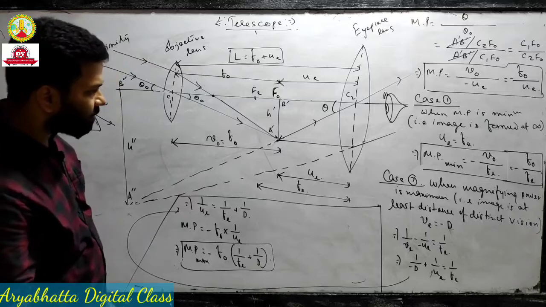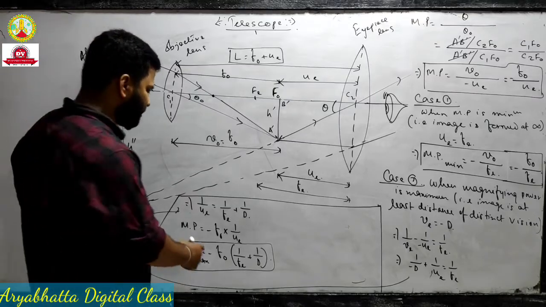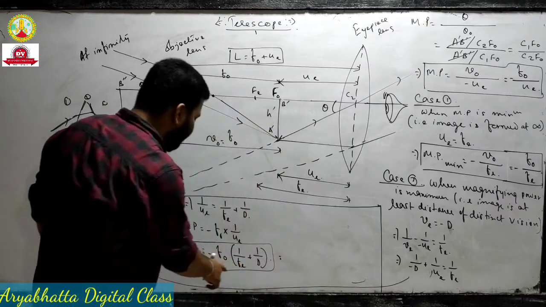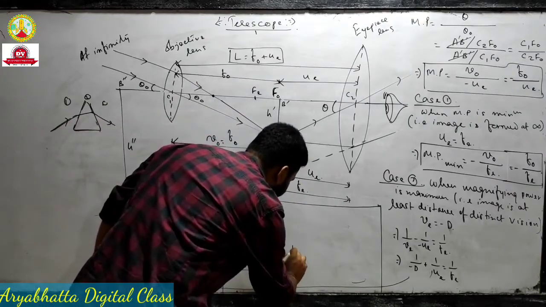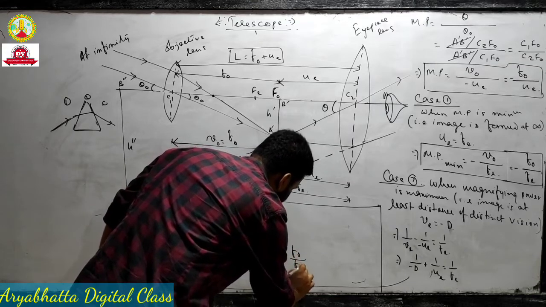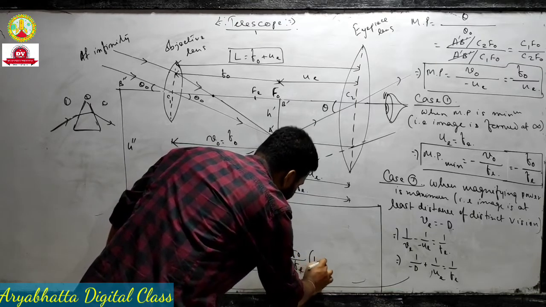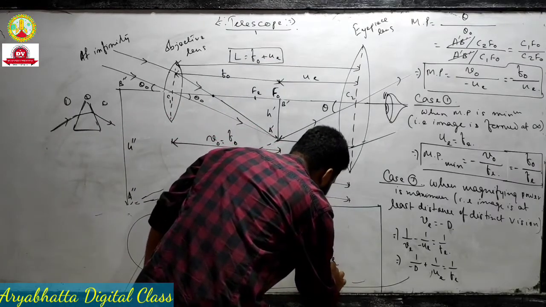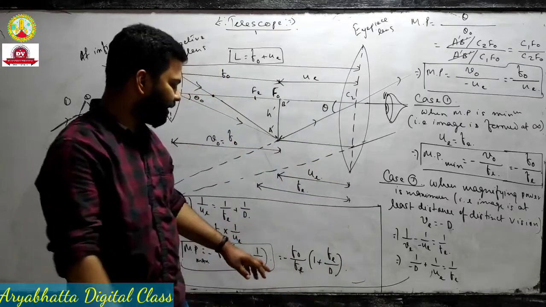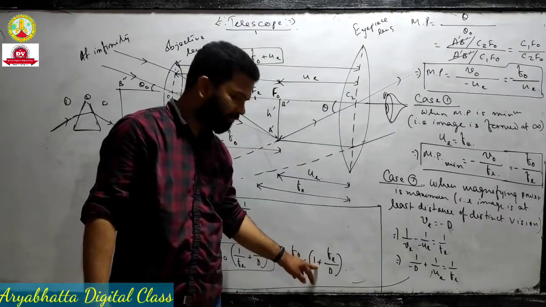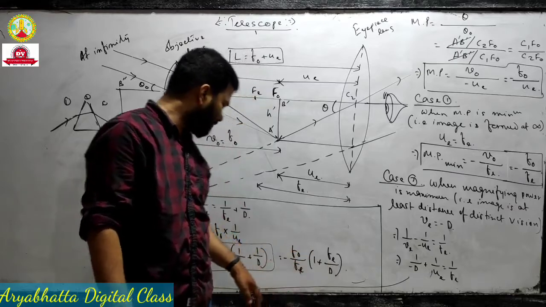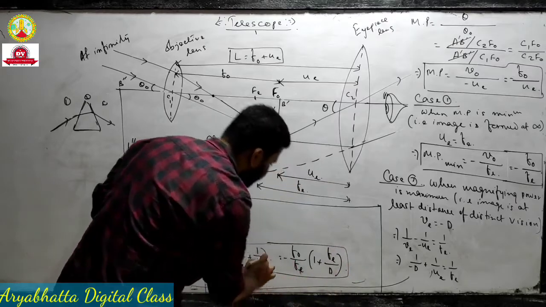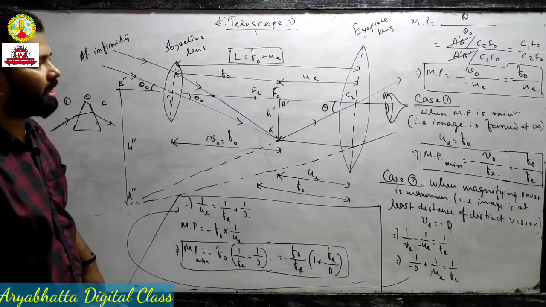This can be written as, you take Fe to the outside, then it will be minus of F naught by Fe, 1 plus Fe divided by D on top. You bring Fe inside, it will be 1 by Fe. Fe cancels, so it will be 1 by D. You will get this one. So the formula is minus of F naught by Fe into 1 plus Fe by D.